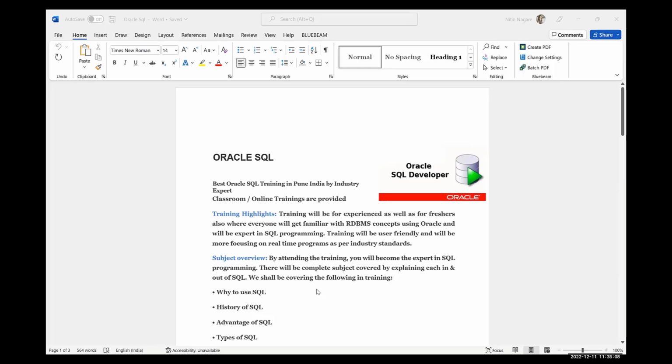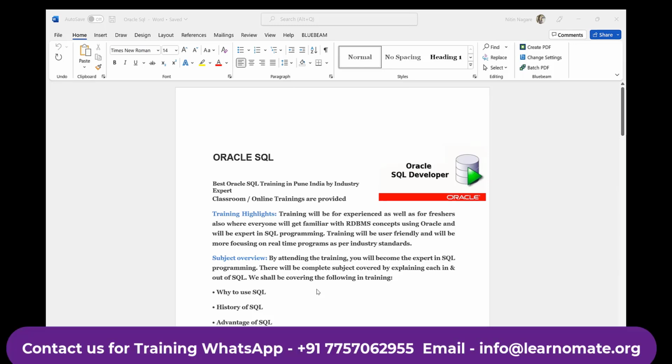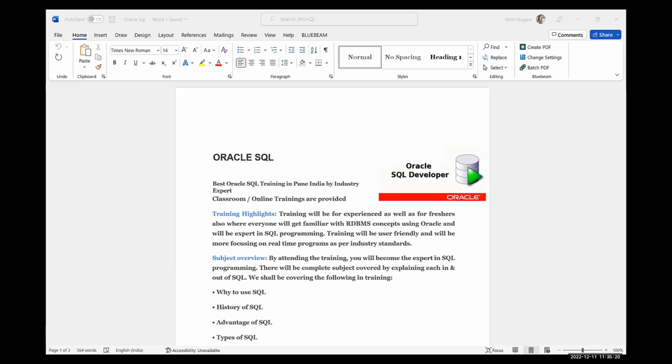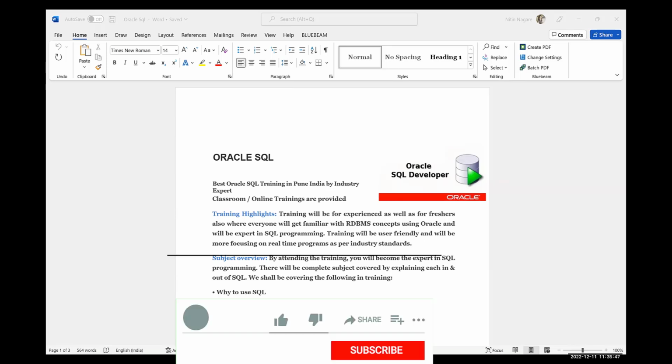There are different languages in the market, like Java. We have .NET as well. But to communicate with the database, we have a specially designed language. We call that language SQL. This is the language SQL which we use to communicate with the database, because the database doesn't understand Hindi. It just understands SQL. So the full form of SQL is Structured Query Language. Sorry, I'm very bad at writing on the tab. Structured Query Language.